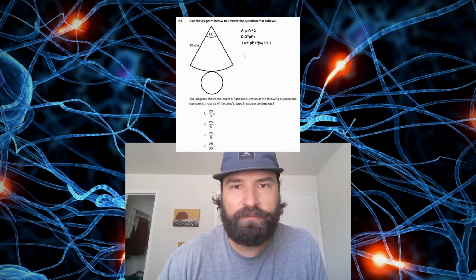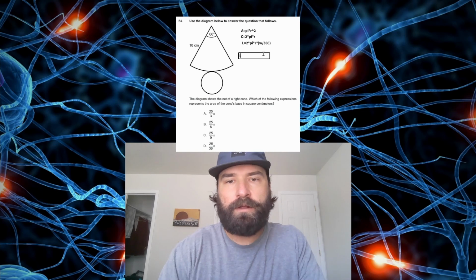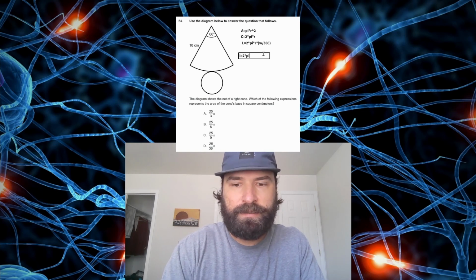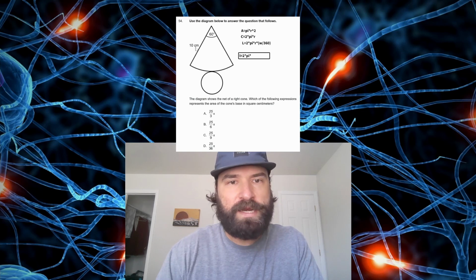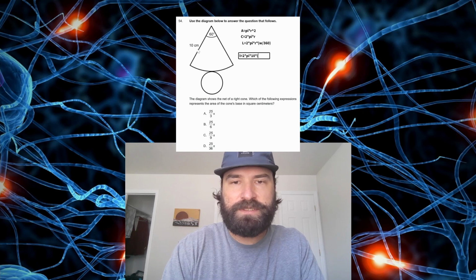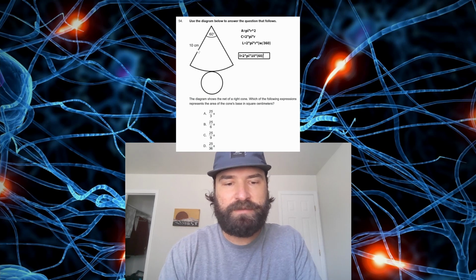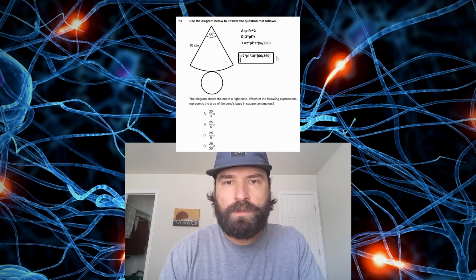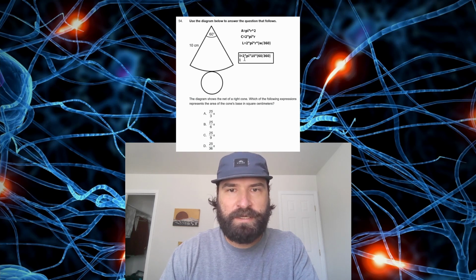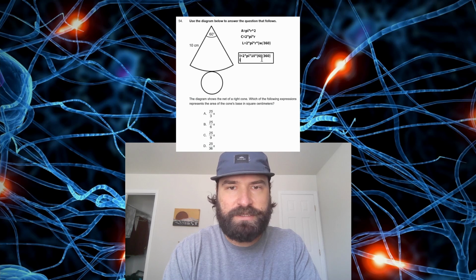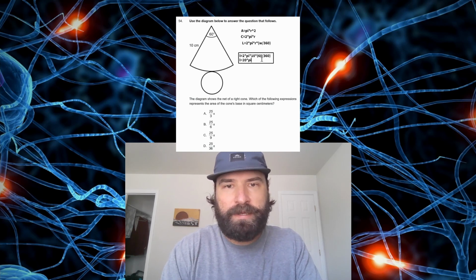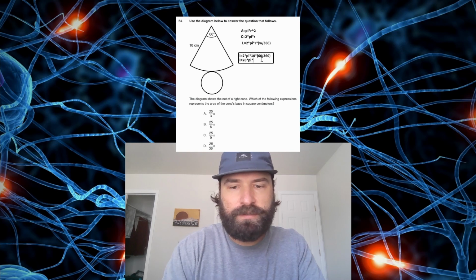We use our arc length formula, where L equals 2 times pi times the radius, and here we have the radius of 10, times our angle, which is 60, divided by 360. 60 divided by 360 is just 1/6. 2 times 10 is 20, so L equals 20 times pi times